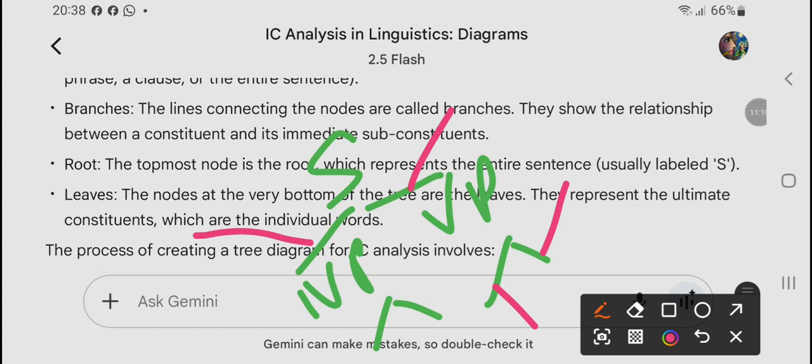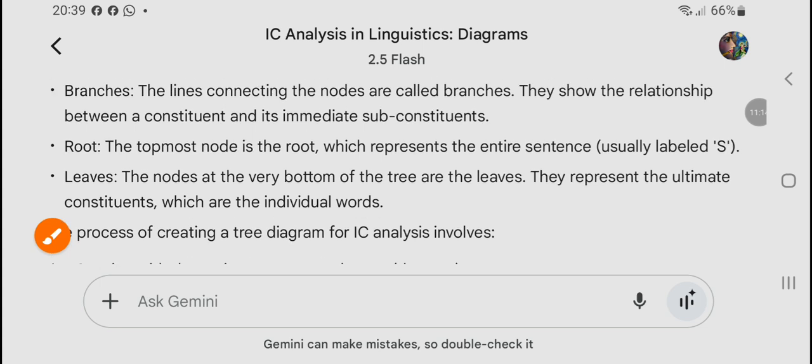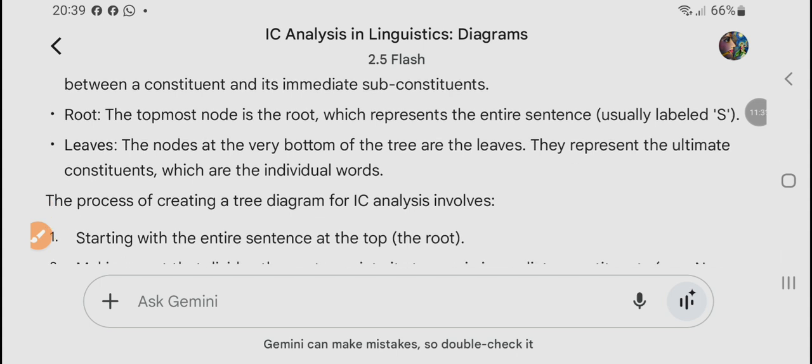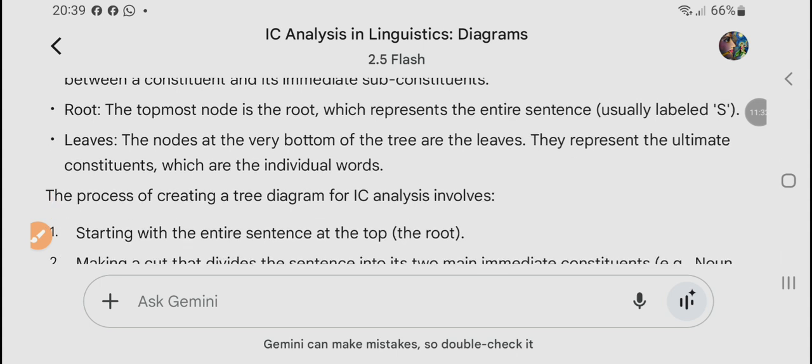Lines connecting the nodes are called branches, and they show the relationship between a constituent and its immediate subconstituents. Okay. Root, the topmost node is the root, which represents the entire sentence,